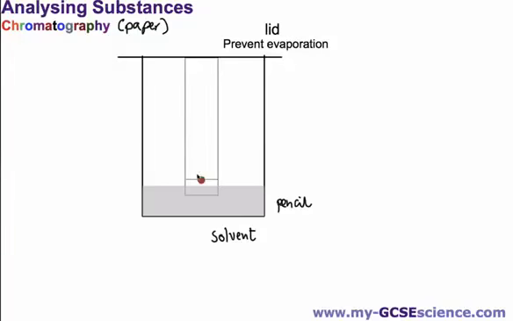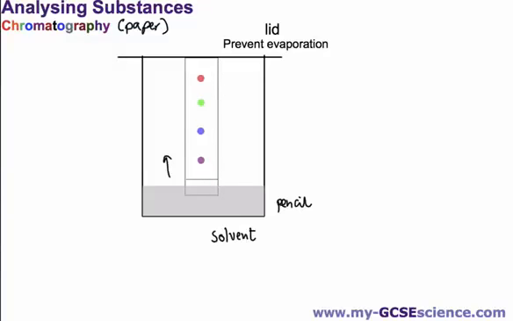There you go, just tidied that up a little bit there for you. So the setup is as follows, and then what you do is you allow the solvent to rise up the paper. It will soak up the paper, and as it soaks up the paper, it will dissolve the sample and it will move the sample up with it. And what you'll find after a while is that the colors will separate out. So some of the colors will move quite high up, some will move not as far,